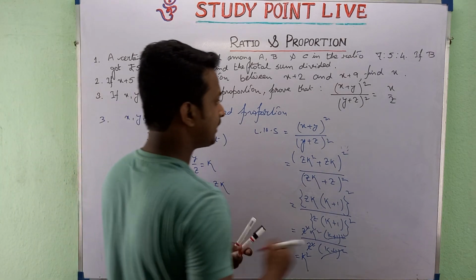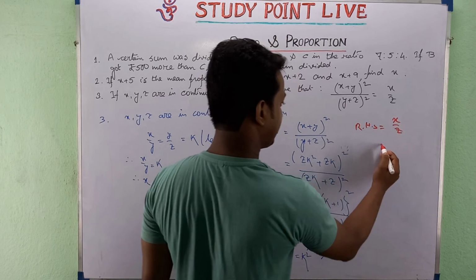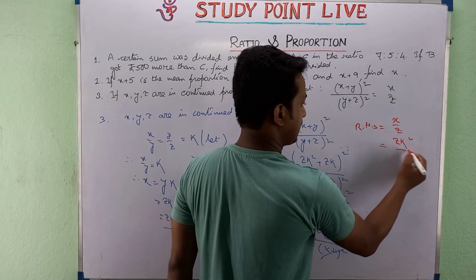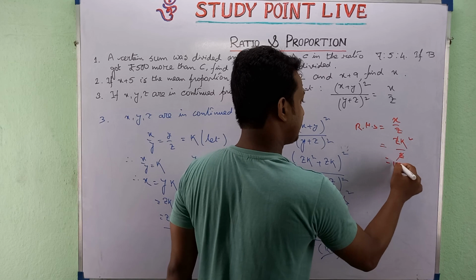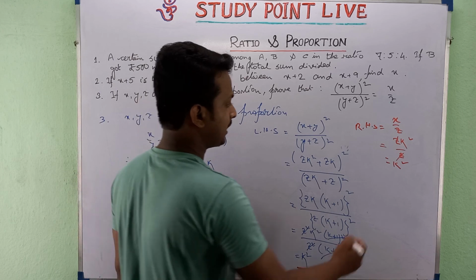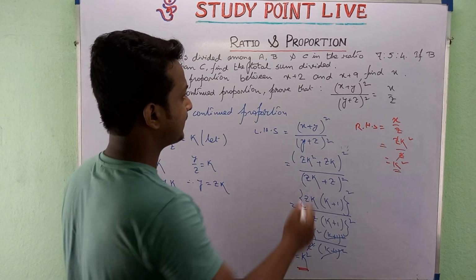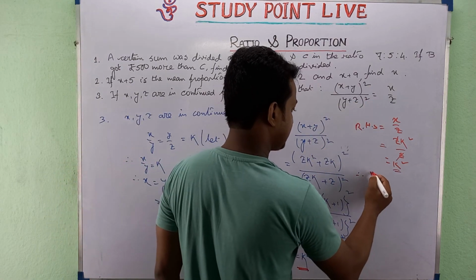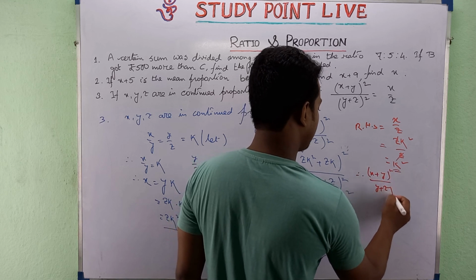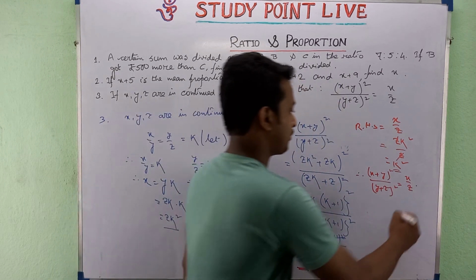Now, if you solve for the right hand side, let us solve over here. Right hand side, it is x by z. Now, what is the value of x? See, zk square. Here z will cancel, and the value is k square. See, from the left hand side, by solving we are getting the value k square, and the same value we are getting by solving the right hand side portion. So we can say that it is proved. So x plus y whole square by y plus z whole square is equal to x by z. It is proved.